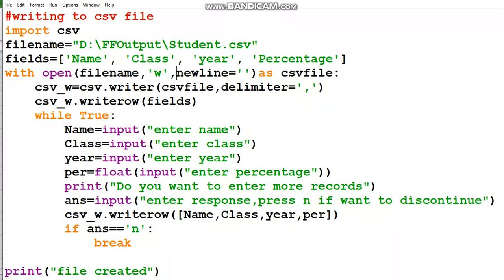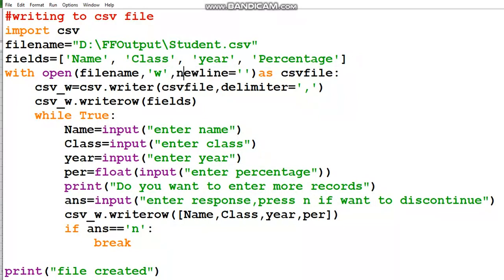Obviously we require that every record is written in a new line, but when we write the data into the CSV file, if you omit this, no error will come, but you can see extra lines between each record. An extra line is added because a new line gap will be coming here.